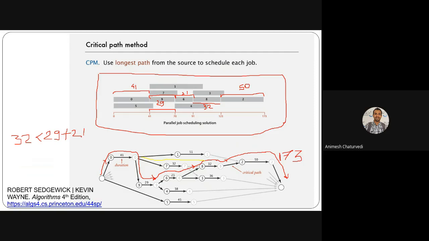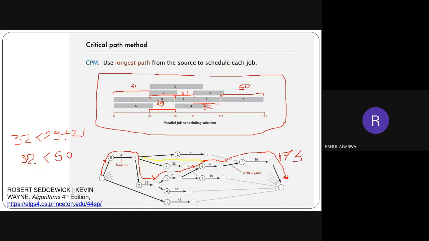This is what it means by the critical path, and that's what we want from this graph, the longest path possible. So this is the longest path possible in this graph, and this 32 would be avoided because there are 29 plus 21. What is 29 plus 21? It will give you 50. 50 is greater than 32, so you want to choose 50 as compared to 32 because 50 is larger, so we choose this path. Is it clear? Sir, it is clear.